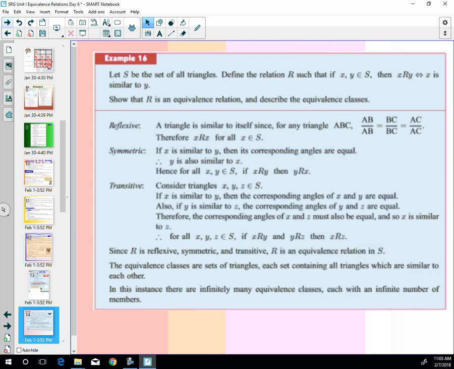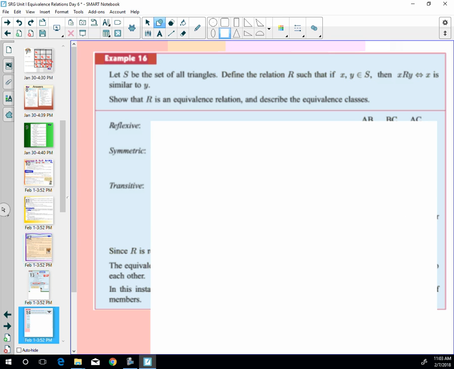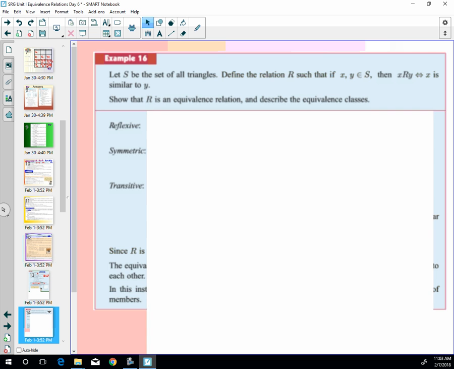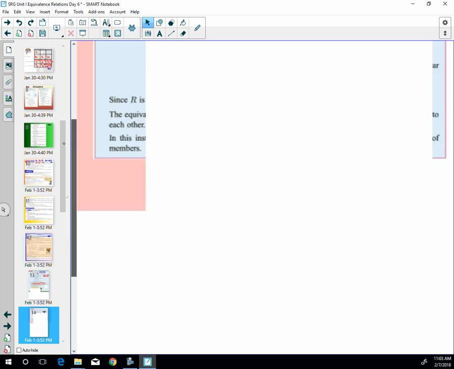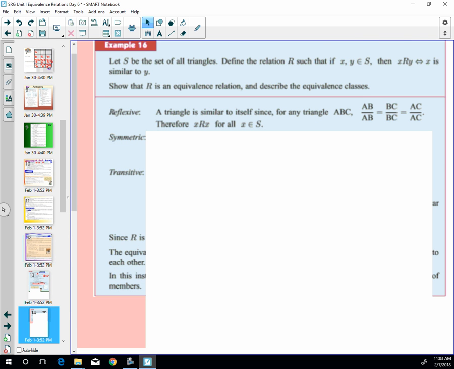All right, I'm going to do this one too, same way. It says, let S be the set of all triangles, and define the relation (x, y) an element of S as xry, x is similar to y. So we have triangles, and we have x, y. x is similar to y. So if it's similar, is the triangle going to be similar to itself? Yeah, because if you had AB over AB, BC over BC, AC over AC, those will be equal to themselves,